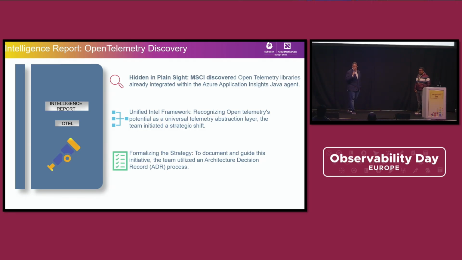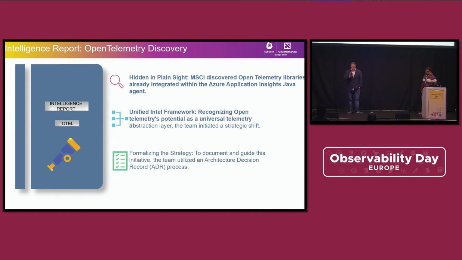So then the thought process was, what if instead of adopting Application Insights and trying to do everything the Microsoft way, which was the initial push, we treat OpenTelemetry as our abstraction layer? We don't change anything about where data goes. We stick with the silos. We don't change anything about those. We just build the interface, the shim, the abstraction,